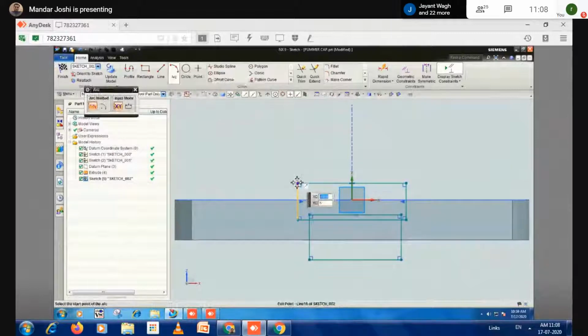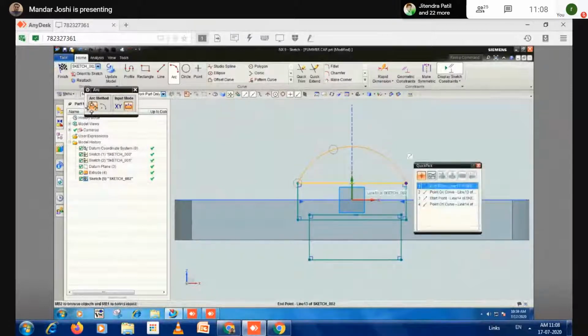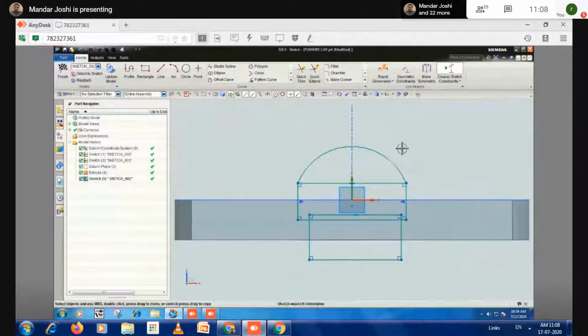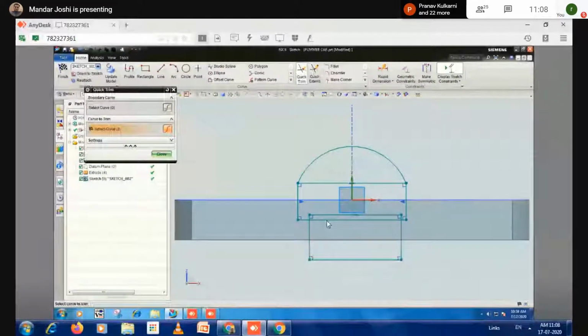Start the arc 1, 2, 3. So these 3 points arc I selected, and I have used this endpoint option. Middle click. Now trim unnecessary lines using the quick trim button. I think I don't need this.